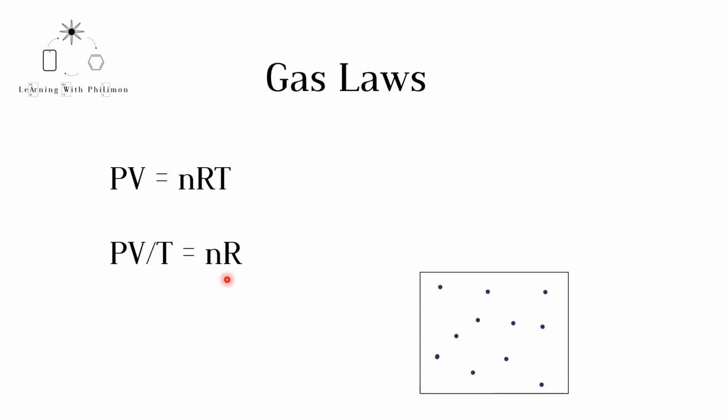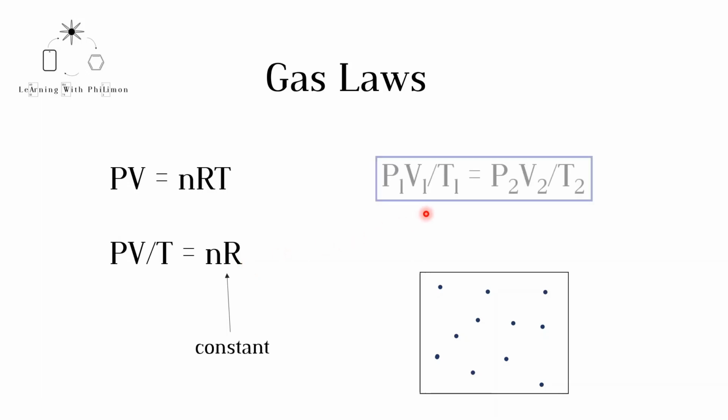If we have a gas in a container, as seen in the diagram, and do not let any gas escape, the number of moles n of gas does not change. Remember that R stands for the gas constant and also does not change. From this equation, we can derive the following equation. P1V1 over T1 is equal to P2V2 over T2, where 1 indicates the initial and 2 indicates the final condition